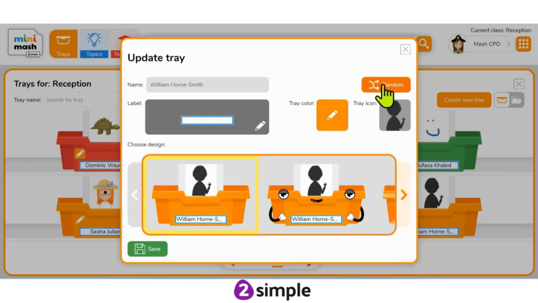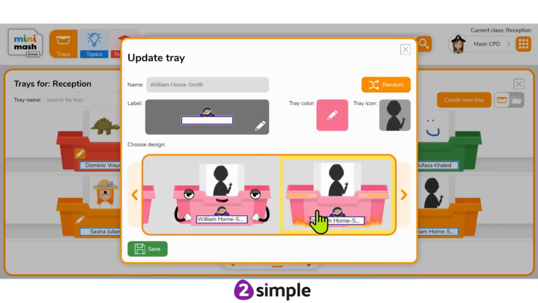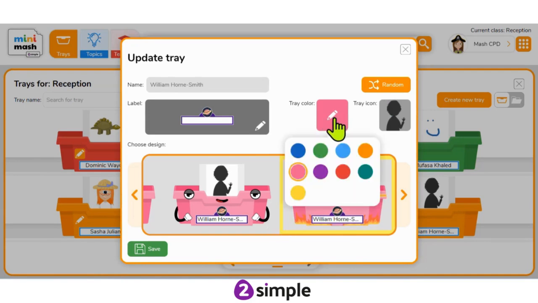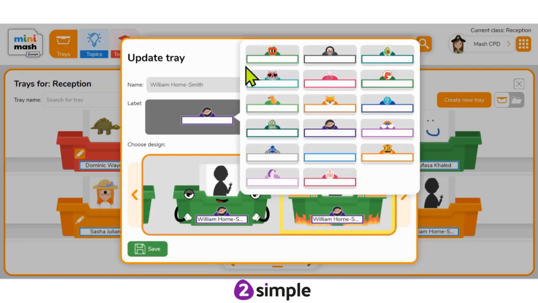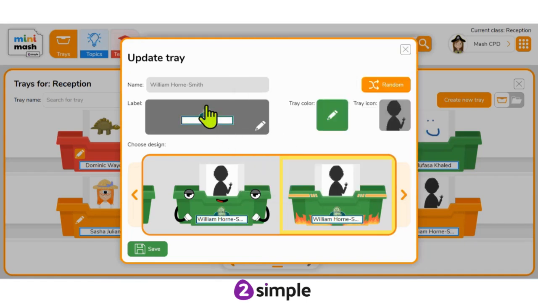I can either allow the computer to randomise and create coloured and different textured trays, or I can be specific by clicking on the tray colour, changing it to my preference. I can have a different animated label. For example, if William is particularly into dinosaurs or animals, maybe that's a crocodile or dinosaur, then I can add